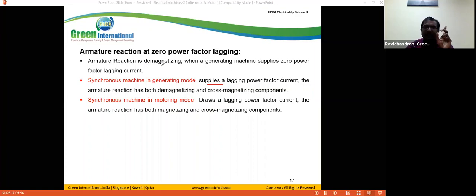Here I mentioned the demagnetic effect. Here I mentioned both demagnetic and cross magnetic, but demagnetic is the more predominant action in the lagging power factor. So similarly for leading,